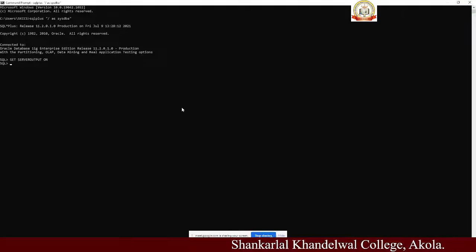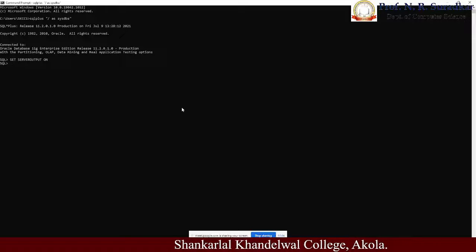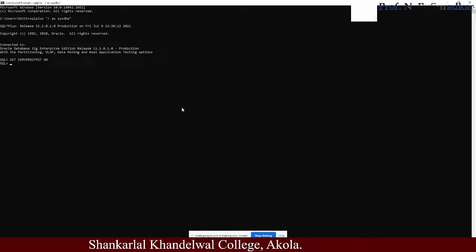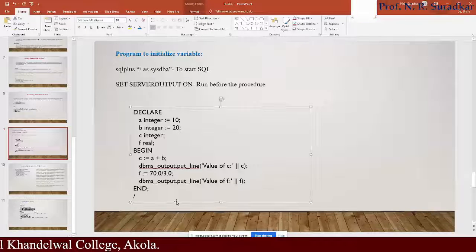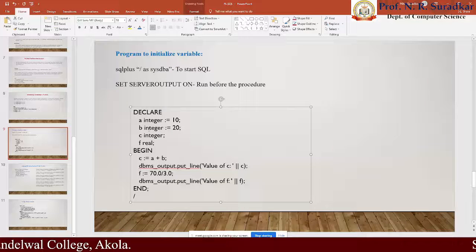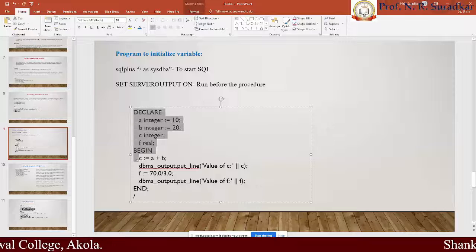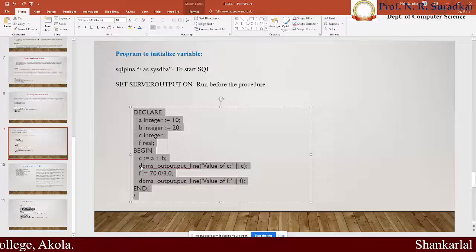Okay, these are the basic commands. The first command is to go to the SQL window. The second command is used to set serveroutput on, meaning whichever program we are writing here, that particular program has to show its result. That's why I use this command. Next, the program which I explained to you, I am copying from here till here.